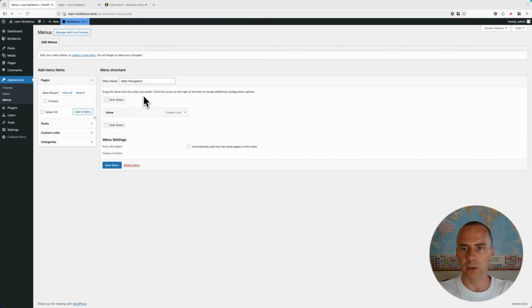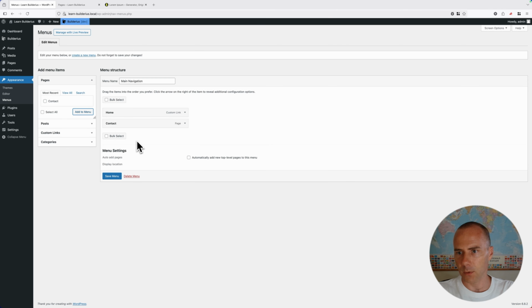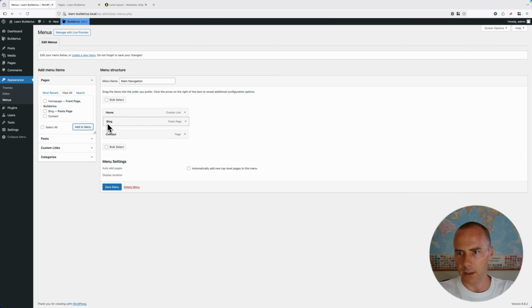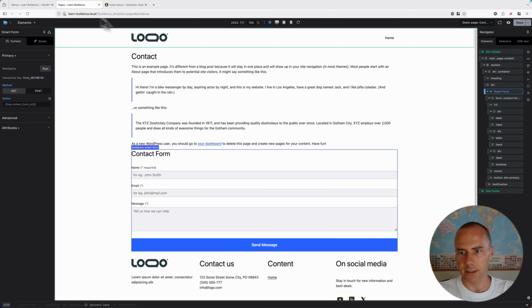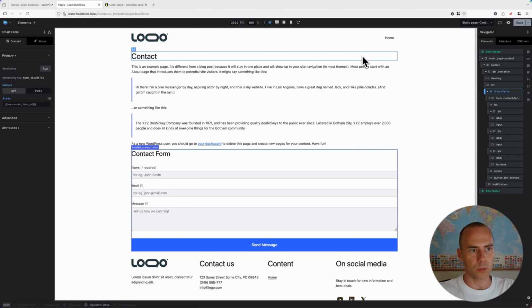So what I'm going to do is edit my navigation. Here there is a contact page, and I would also like to add another page, blog page, like here. It will be the second option. Then I save, and inside editor, in order to preview dynamic data that might have been changed during development,